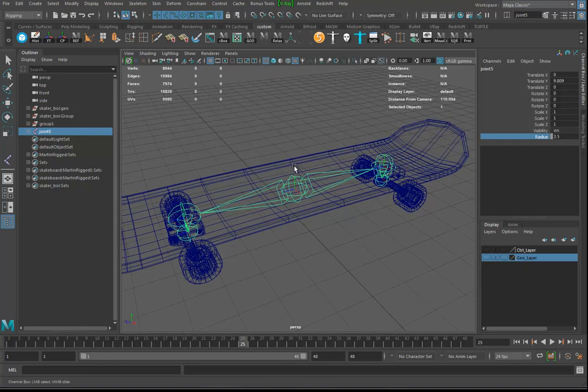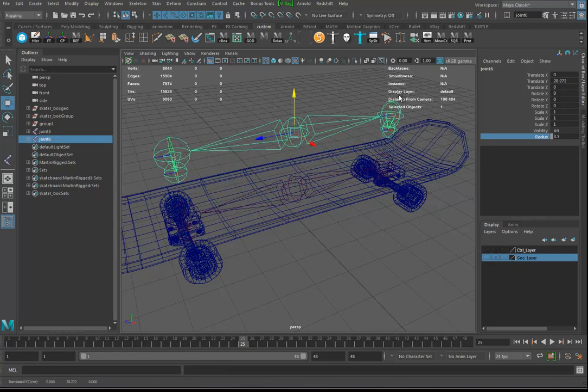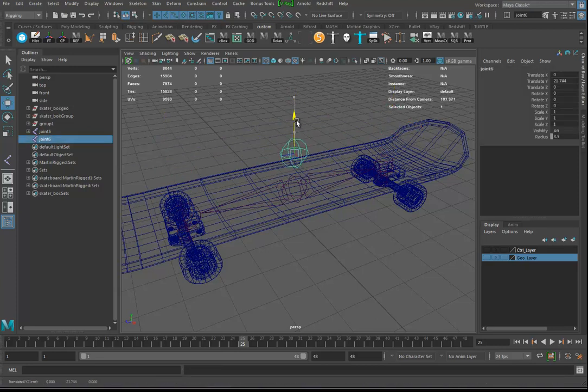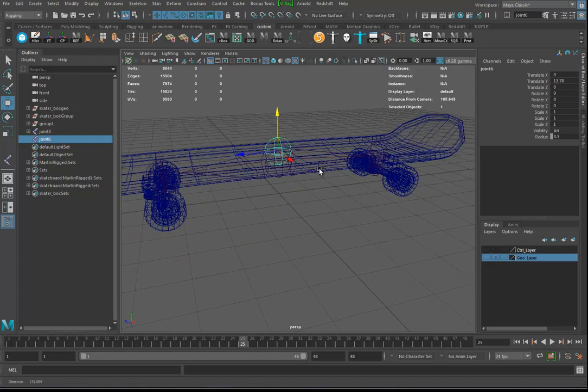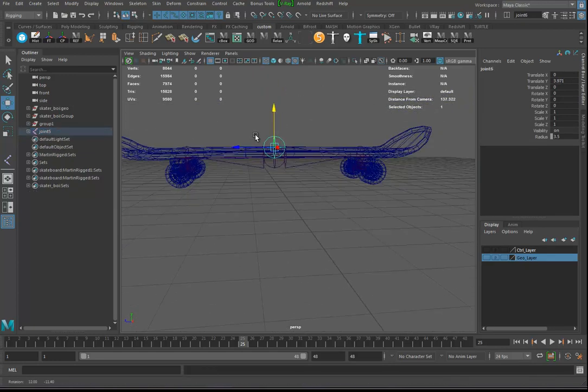I'm just going to take this thing and make a duplicate, and I'm going to pull that up here for a second. I'll just take the children and delete them. You can do that? That's legal? You can totally do that. I'll take this joint and I'm going to parent it here. Okay, so this one,